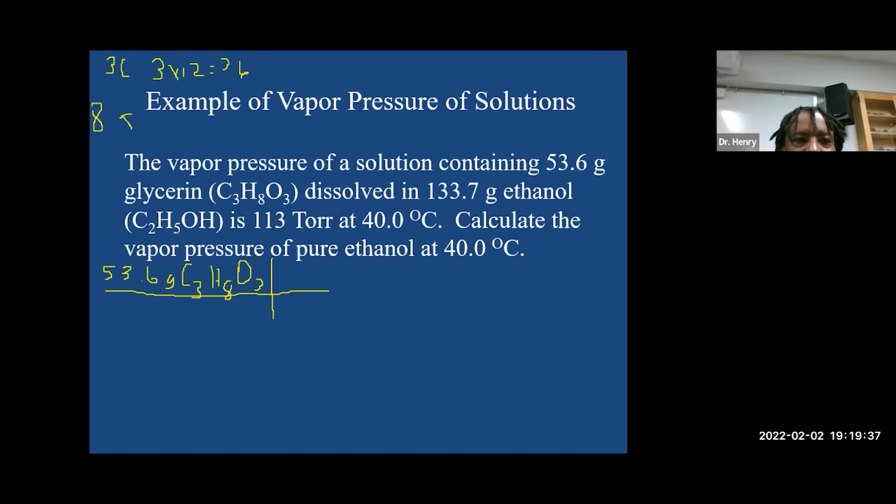8 times 1, 92.094. So let's say 92.1. Okay, so that's grams per mole. So then that gives us